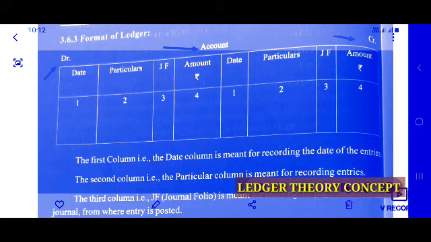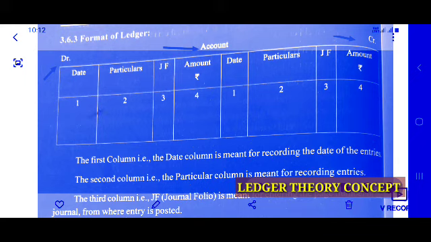So here in account, in particulars column, we are going to show the opposite entries. For example, if you are preparing cash account here, the journal entry example, purchases account debit to cash account. So in cash account, we are going to record purchases, and in purchase account, we are going to record the cash in the particulars column.